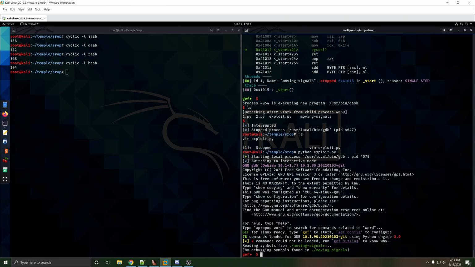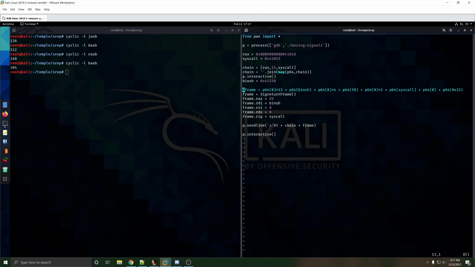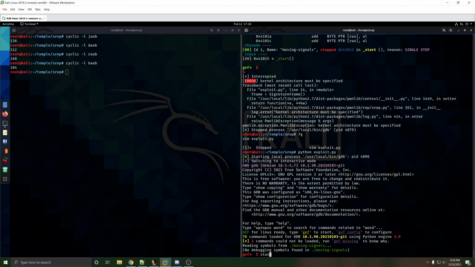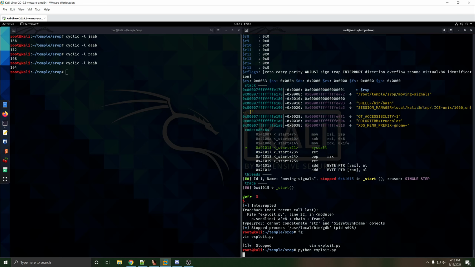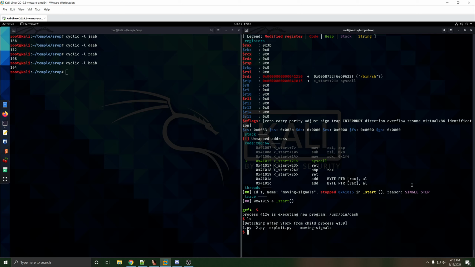And that should also set the... oh, that's not going to work actually. And I'll show you why. Because it needs the architecture to be specified so it can set the context and any other kind of return aspects it needs. Set architecture equal to amd64. Start. Can't concatenate. Oh, I need to convert it to a string. And there we go. Same method, just a little bit easier to work with and kind of just looks nicer